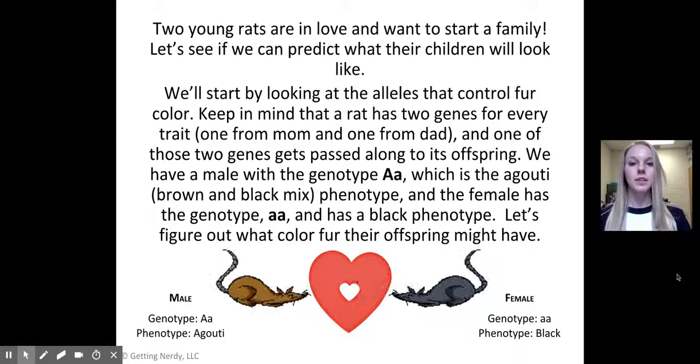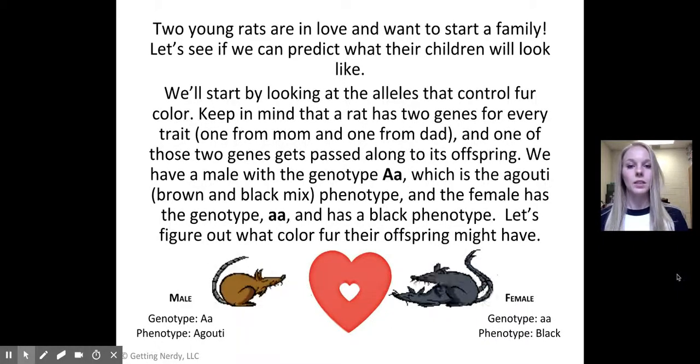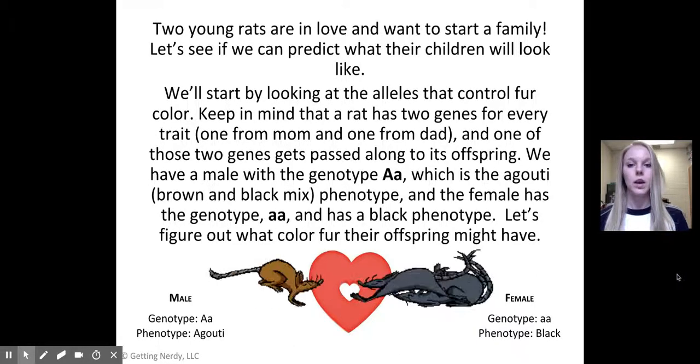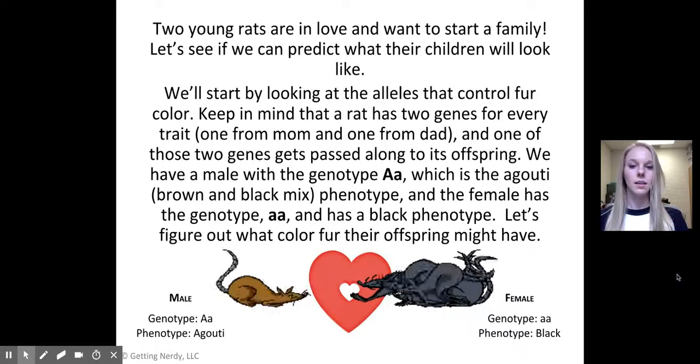Two young rats are in love and want to start a family. Let's see if we can predict what their children will look like. We'll start by looking at the alleles that control fur color. Keep in mind that a rat has two genes for every trait, one from mom and one from dad, and one of those two genes gets passed along to its